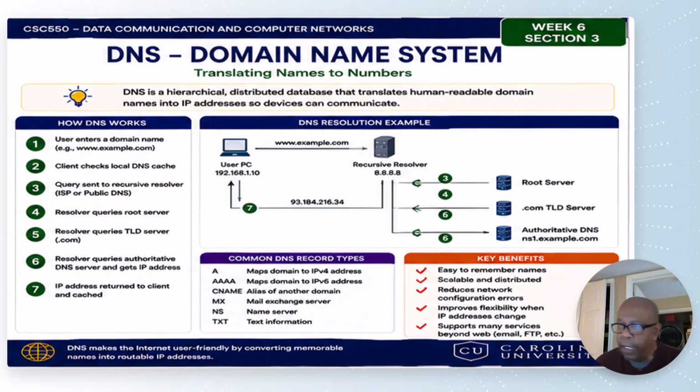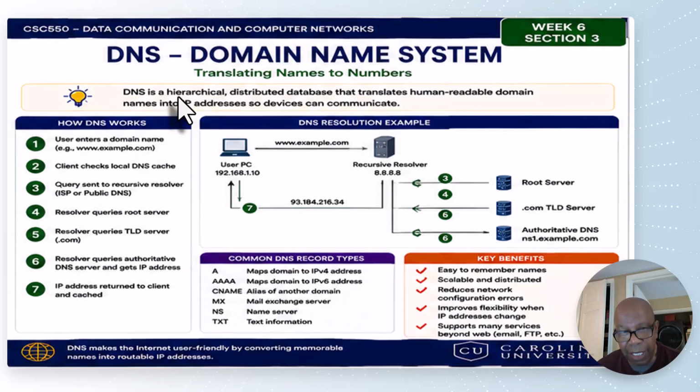Okay, so looking at DNS, the Domain Name System. In specifics, DNS is a hierarchical distributed database that translates human-readable domain names into IP addresses. Okay, that's what it does. So in this particular example, I have